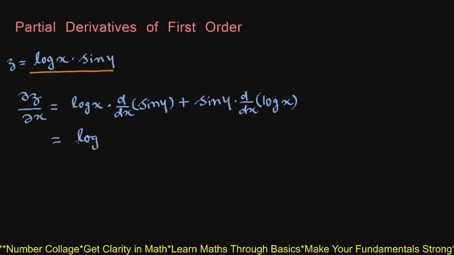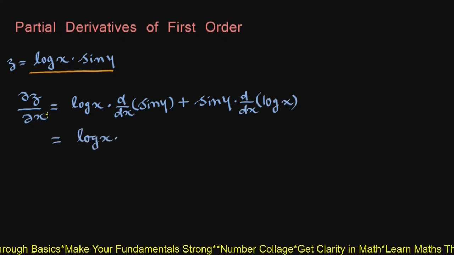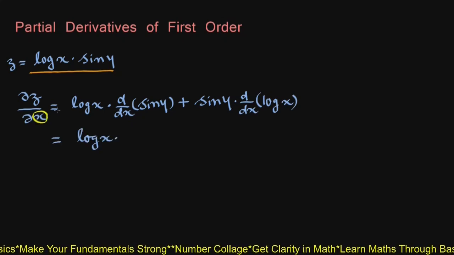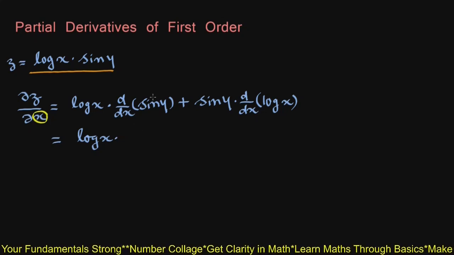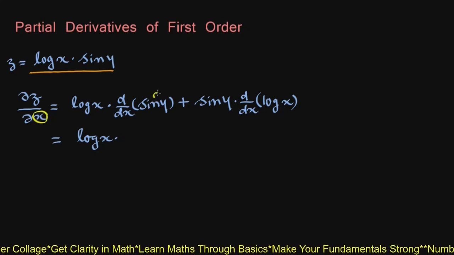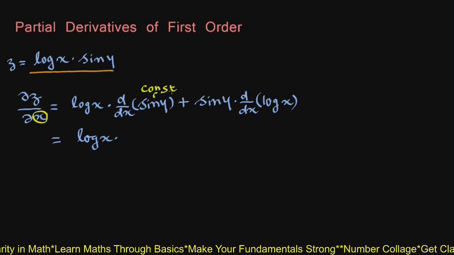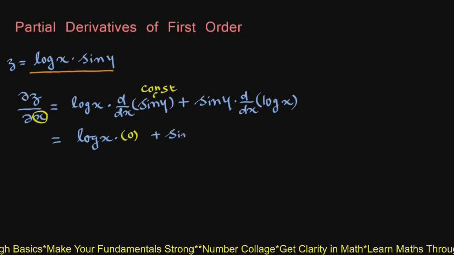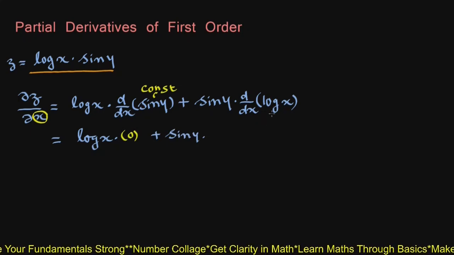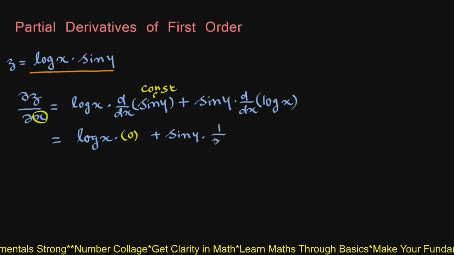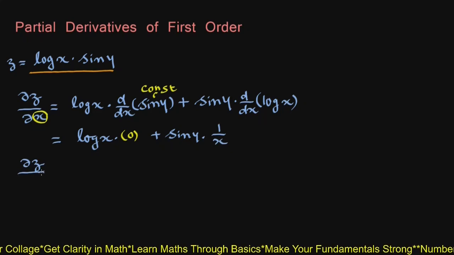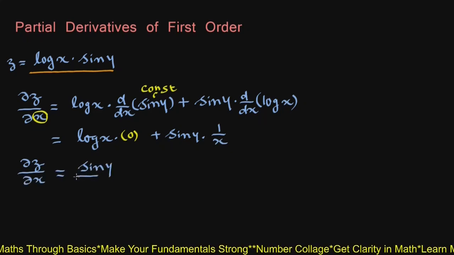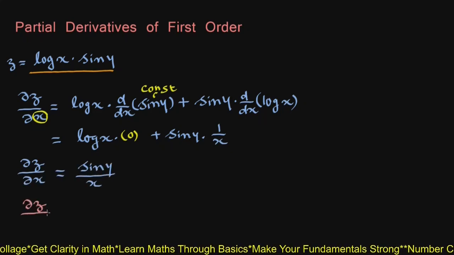This is log x into, since this is partial differentiation with respect to x, we have to treat function of y, sin y, to be constant, and derivative of constant function is 0, plus sin y into derivative of log x is 1 upon x. So dou z by dou x will be sin y upon x, and dou z by dou y will be,